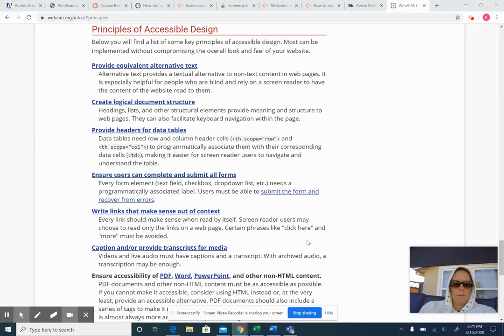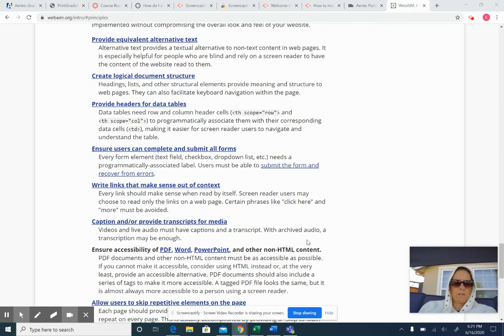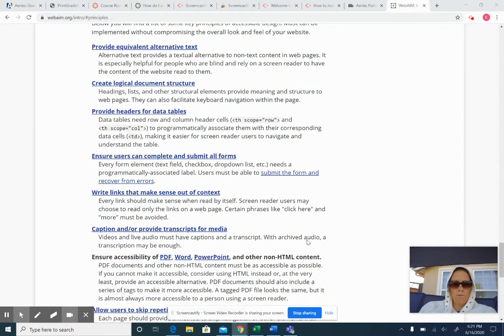And so of this list, the ones that are new for me, that I didn't really realize was happening or that I should do, is this first one, provide equivalent alternative text. That is new to me and something that's important